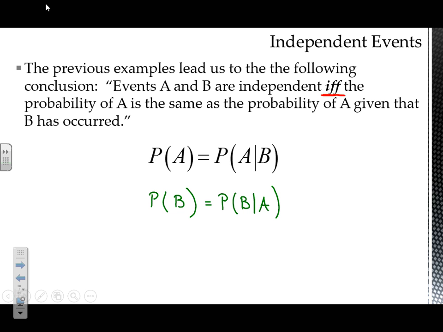So when they ask if two events are independent or dependent, you have to show me that you have checked that this equation holds: the probability of one event alone is equal to the probability of that event given that the second has occurred. If I don't see this information, you get no credit. On homework, on a quiz, or on a test. If you don't show me that those probabilities are identical, it doesn't count. Now, if you calculate these probabilities and they're different even by a little bit, you would have to say that the two events are probably not independent.